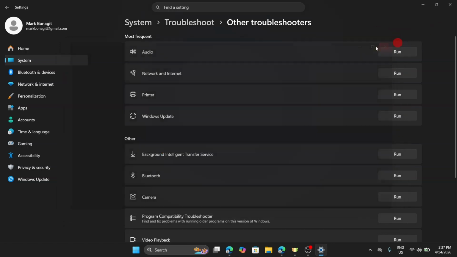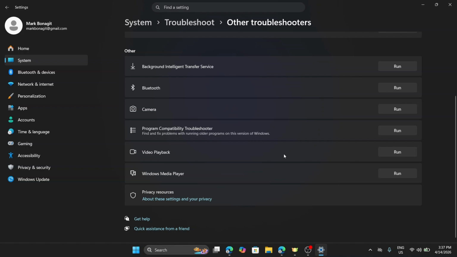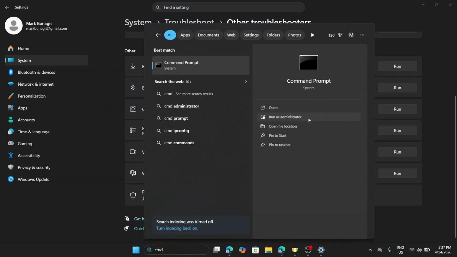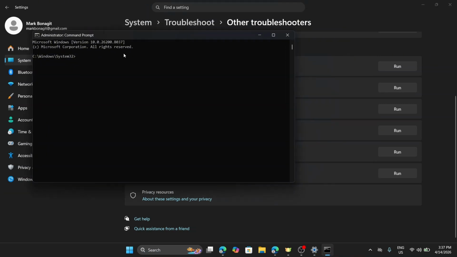So once you're finished with this, what we're going to do last is to go into our search bar and then search for CMD and then run it as administrator. After that, we're going to type gpupdate and then click on enter and then let's wait for it to finish. After that, we're going to type CLS and then click on enter. And then we're going to type